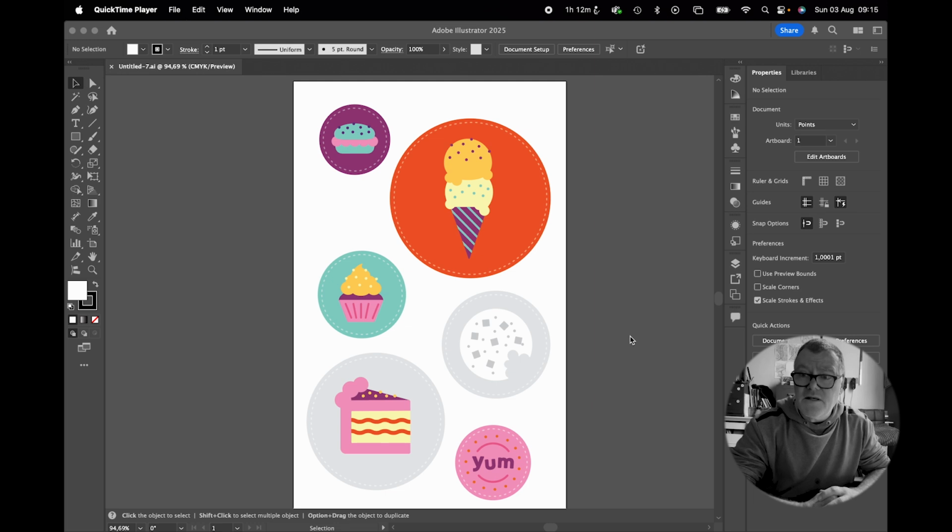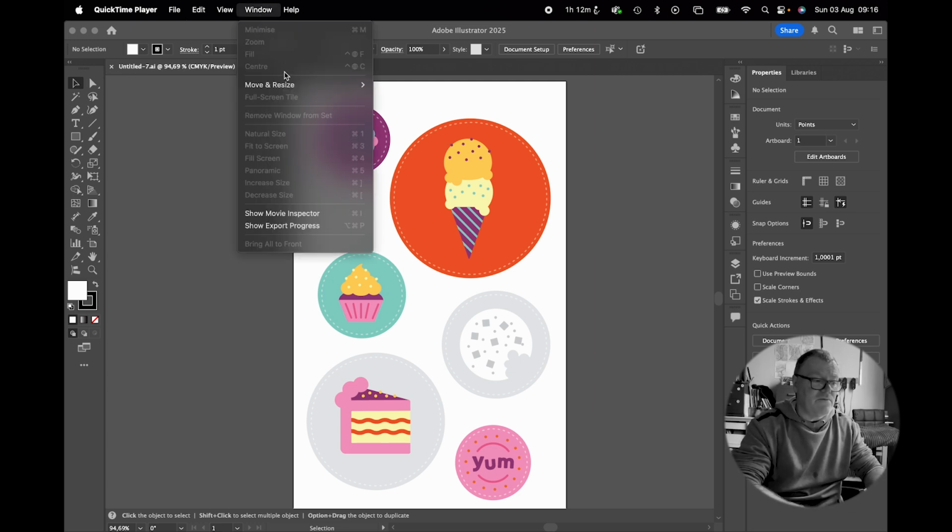So the first place to begin when you're working with Illustrator is learning about workspaces. A workspace is basically just an arrangement and configuration of panels in Illustrator to help you find stuff. So when you're a beginner, you probably should start with Essentials. So you'll see that if I go to Window,